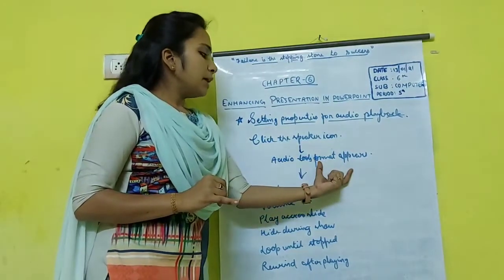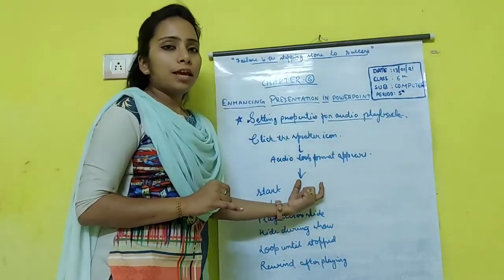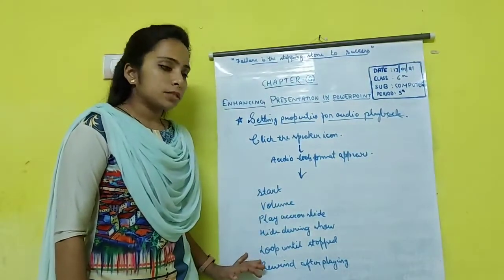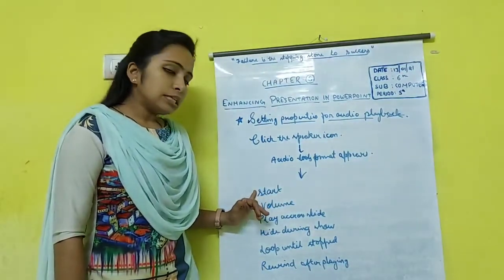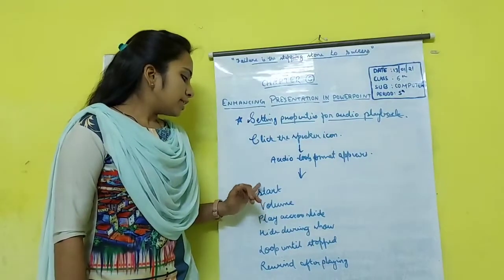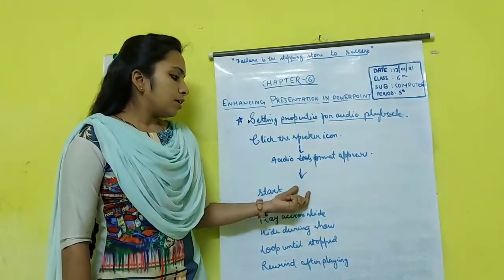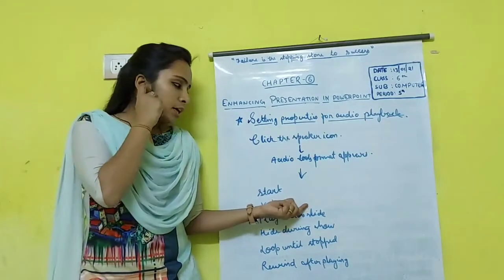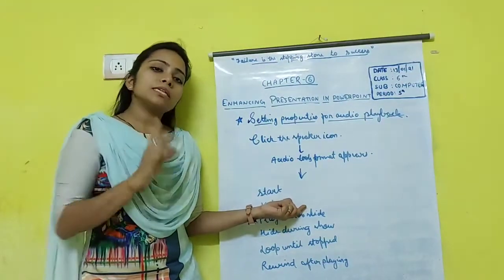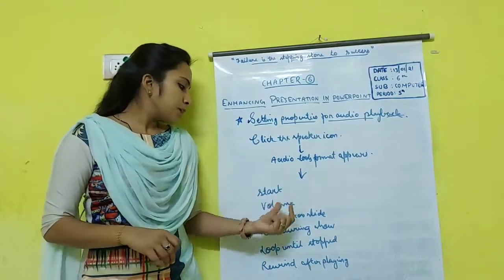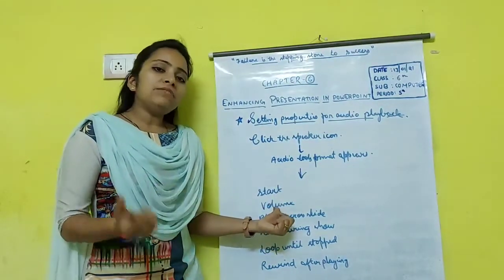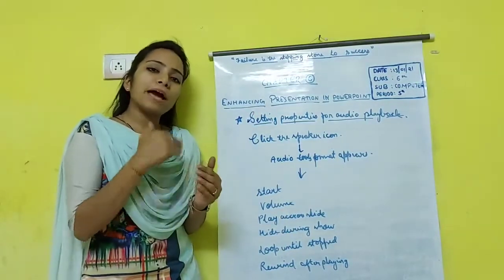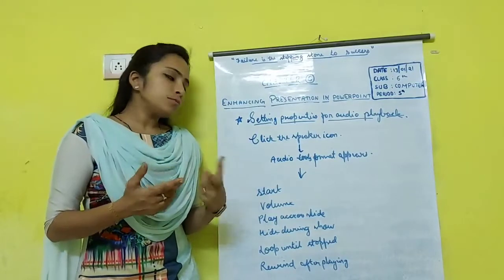Then a format tab will appear. Tools format will appear. In that format, you will find these many options. First, you will find the start. Clear? The start means when to start the presentation or when to start the particular audio during the presentation, that will tell you. Then volume, it will adjust the volume, that how high the volume should be, or just background or low volume, so all these things will be